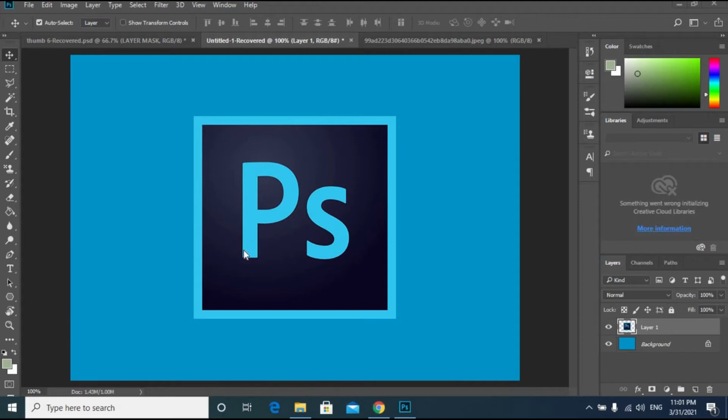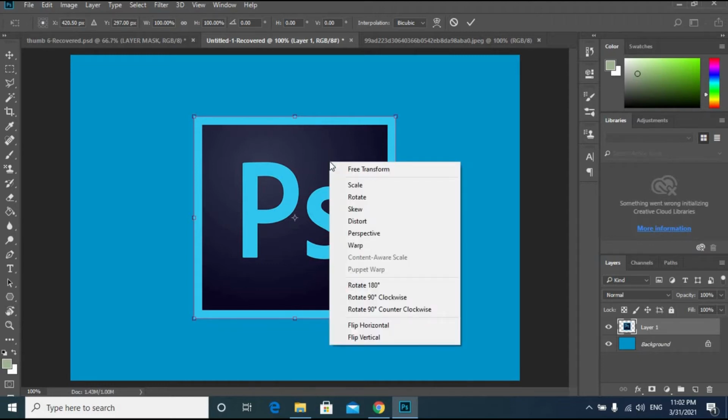When we select the transform tool or press Ctrl T on our keyboard, and when we right click on it, we have the scale option that we already talked about in our previous video. We have the rotate,